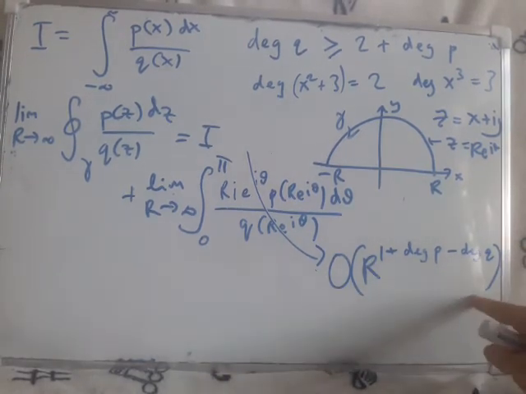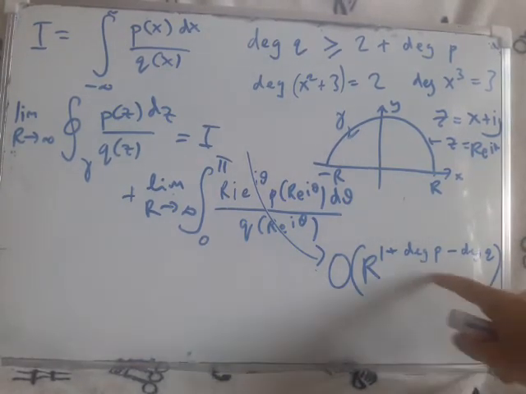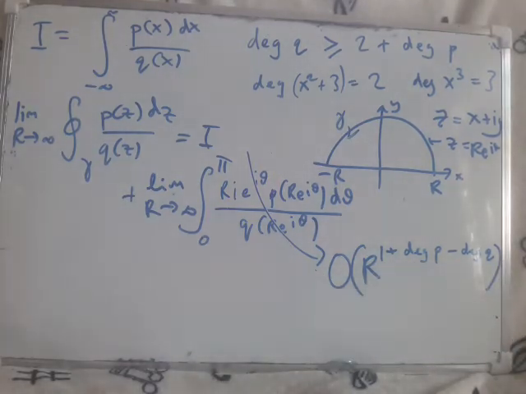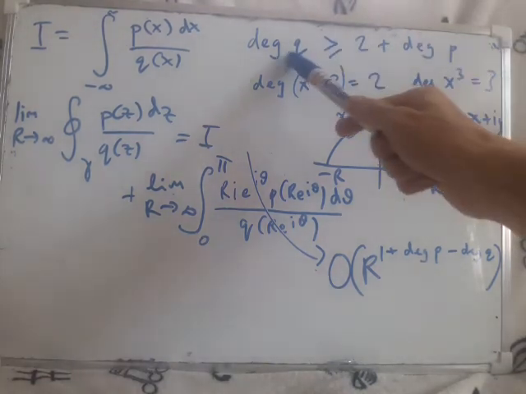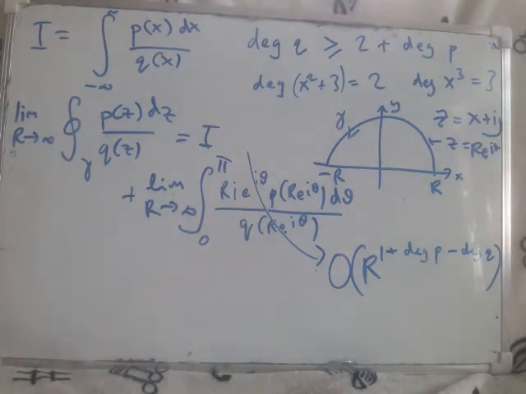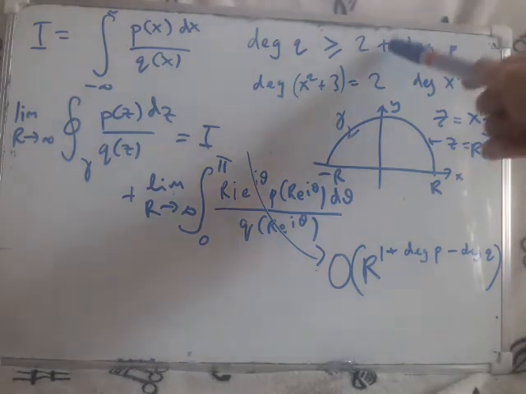So this is only going to be 0 if this thing here is less than 0. So that's going to be true if this is true. Okay. So as long as this is true, this will